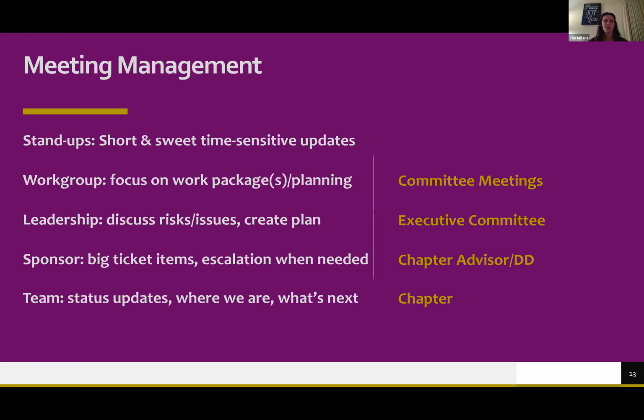And then your team is really your chapter. So that chapter meeting should have that same level of transparency that you would want in a project team meeting. You want to be able, as a leader, as any officers in the chapter, you want to be able to share information, but then as chapter members, you also want to be able to bring forward any risks or issues. You want to be able to be transparent, and you're responsible for that.